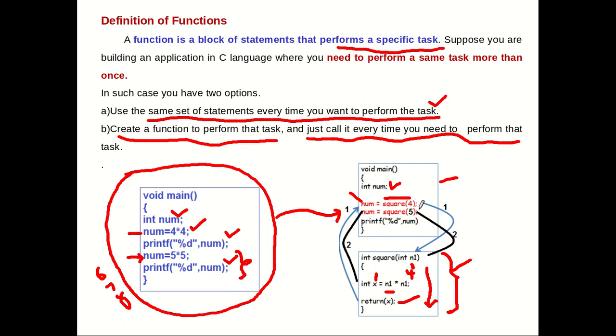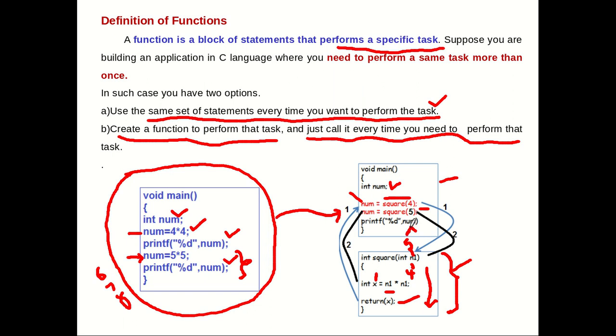After this we can write a printf statement to display the value. Again, suppose I want to find the square of the number 5, so again we write a statement, calling the function by passing the value 5. Again the control will jump to here. Now the n1 value will be 5. Again the square of the number will be computed and written back to this particular line once the execution is completed. So now num will be holding the square of 5,